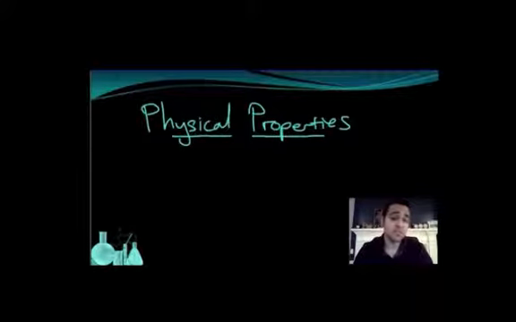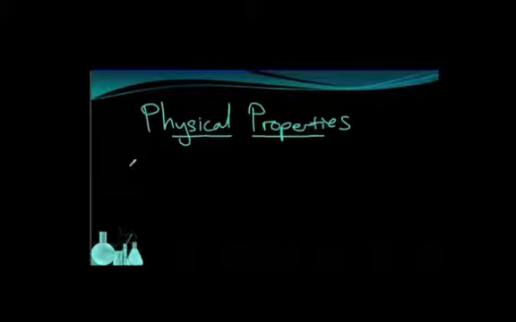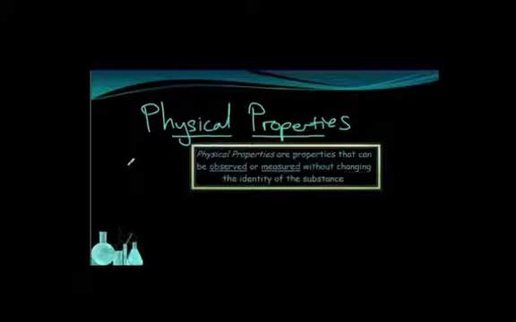All of the properties we've talked about so far, intensive and extensive, are all physical properties. What that means is we can observe or measure those properties without changing the identity of the substance. For example, you could measure the mass of that wooden block, but it wouldn't change the fact that the block is made of wood. You could tell that water boils at 100 degrees Celsius, but it'll still be water when that happens. So those are all physical properties because when you measure or observe them, you don't ever change the identity of the substance.